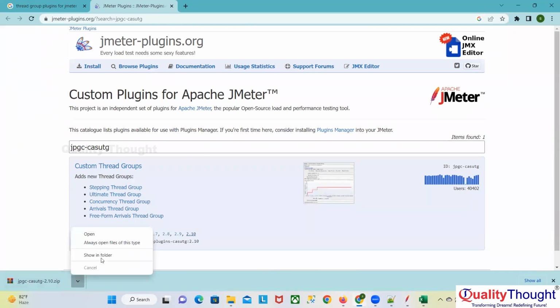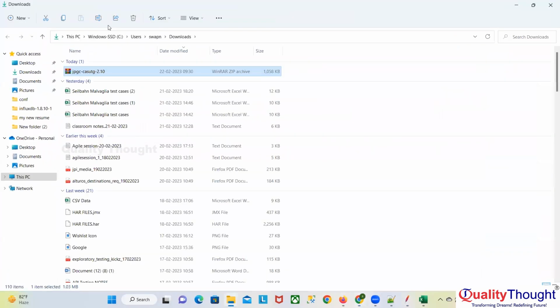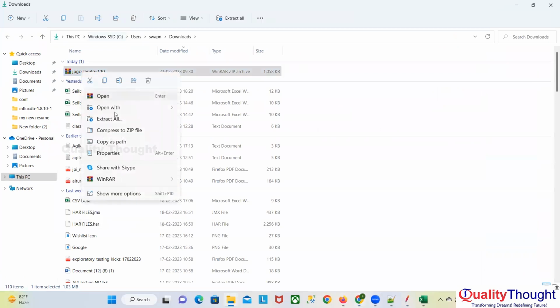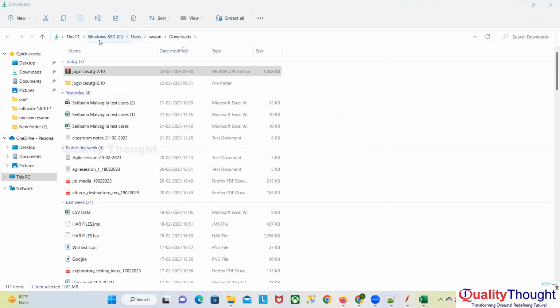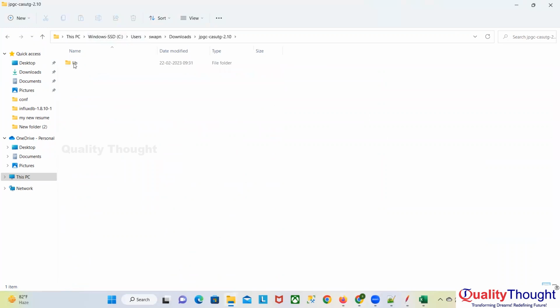So it downloaded as a zip file. Let me unzip this. Okay. So this is what you see. Inside that you have a library folder, and inside that you have ext and this. So what folder is it? Lib, right? Under lib you have one file, right? So you copy that particular file and go to your